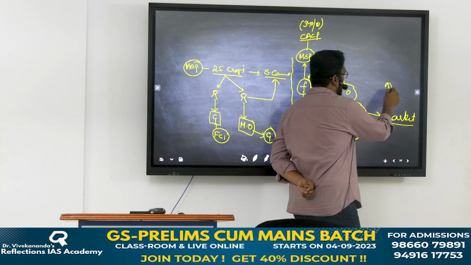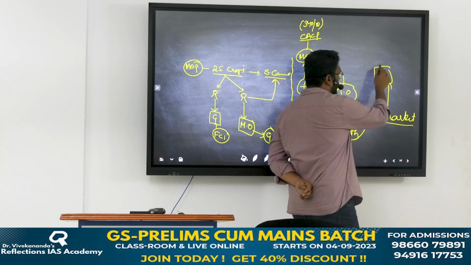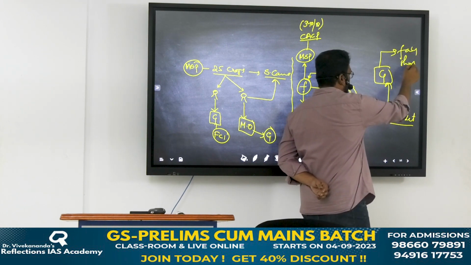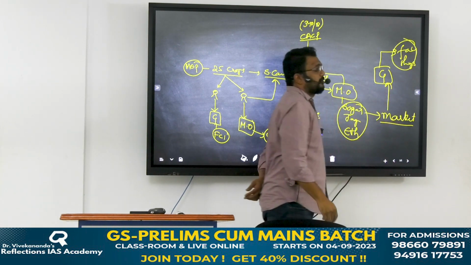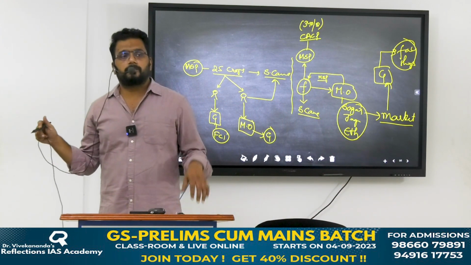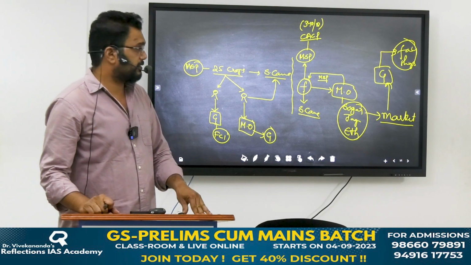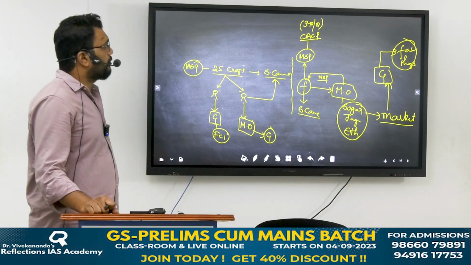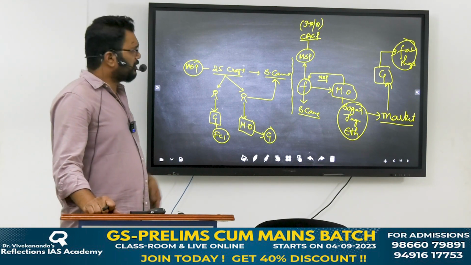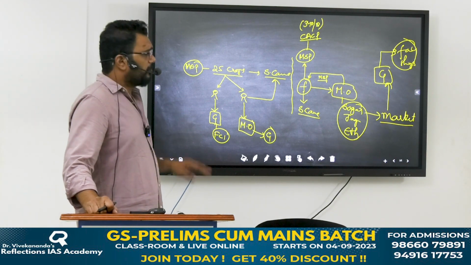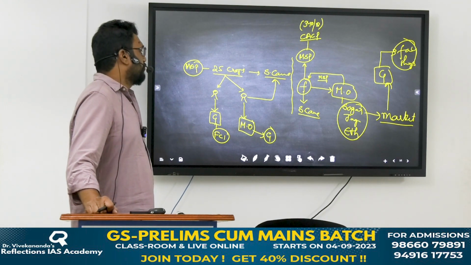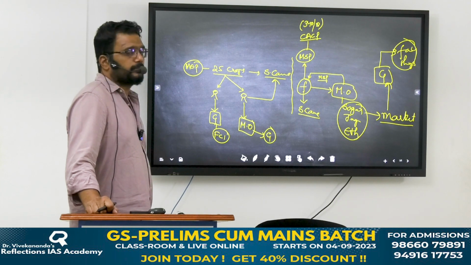From the market, government will purchase, and government will issue in the fair price shops. Which means mill owners will put this in the market at the market prices, and from the market government will purchase, and the government will issue them in the fair price shops. This is a very lengthy, in-depth concept, but I'm just giving you a glance. I cannot take you in too deep because you are beginners. When we actually take the classes, that time I'll explain you the concept.